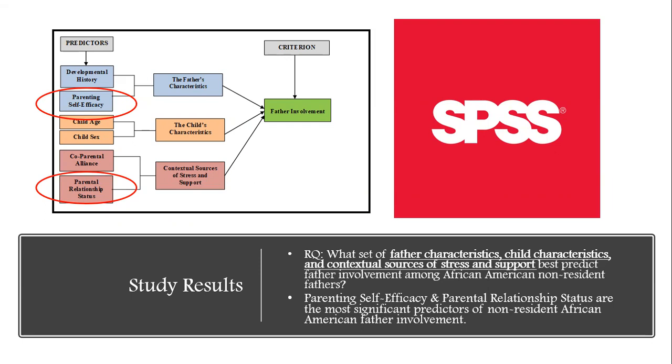particularly when a father reported having no relationship of any kind. So this particular status, when fathers reported that they did not have a relationship at all with their child's mother. So when they reported no relationship of any kind, this was also a significant predictor of a father's involvement in the lives of his children as well. And so both of these things